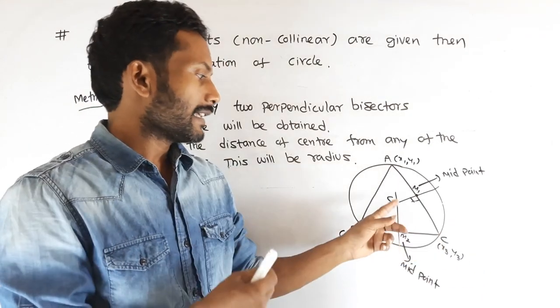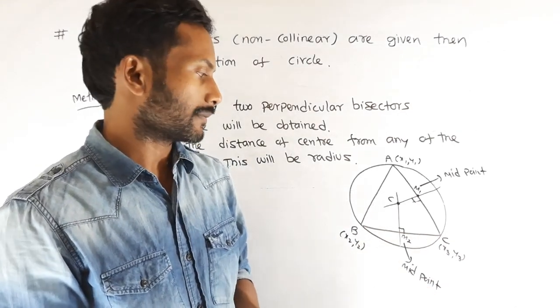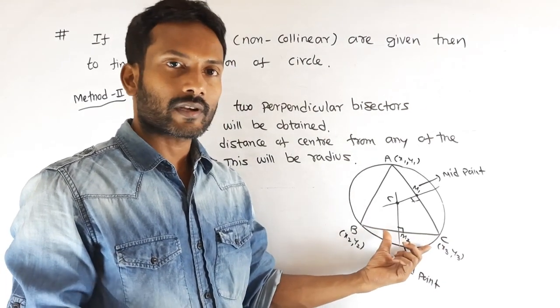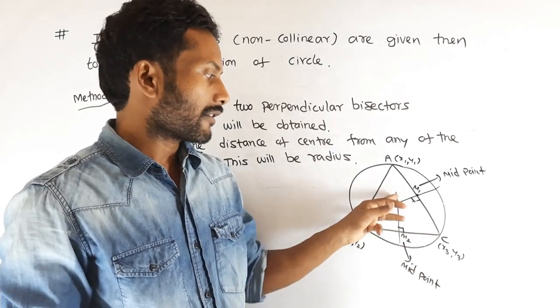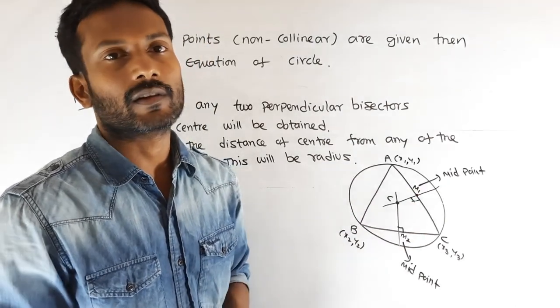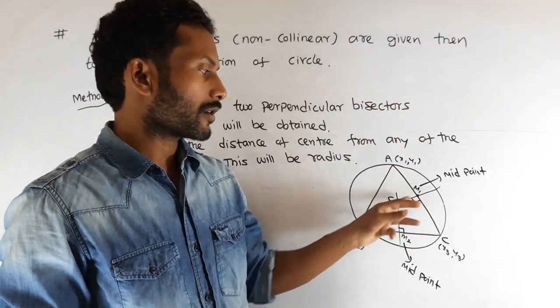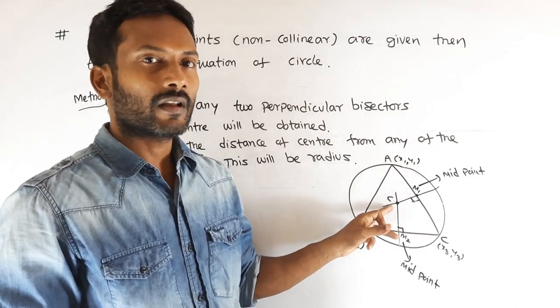Now here CM2 perpendicular to BC. Product of the slopes equal to -1. So BC slope మనం find out చేయొచ్చు. So slope of CM2 చెప్పొచ్చు. So line equation of line CM2, equation of line CM1 రెండు మనం క్యాలిక్యులేట్ చేయొచ్చు. ఆ రెండు సాల్వ్ చేద్దాం అనుకోండి. పాయింట్ ఆఫ్ ఇంటర్సెక్షన్ ఆఫ్ దీస్ టూ పర్పెండిక్యులర్ బైసెక్టర్స్. సో సెంటర్